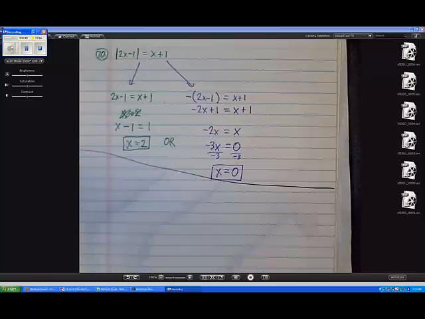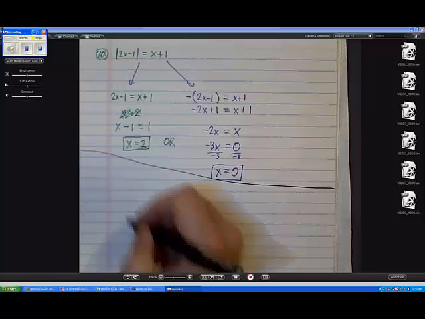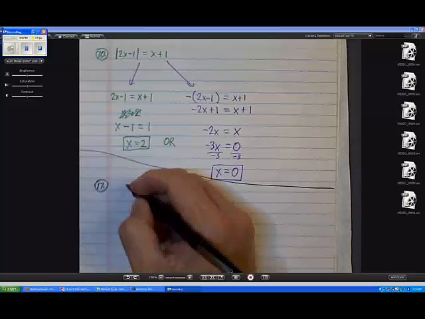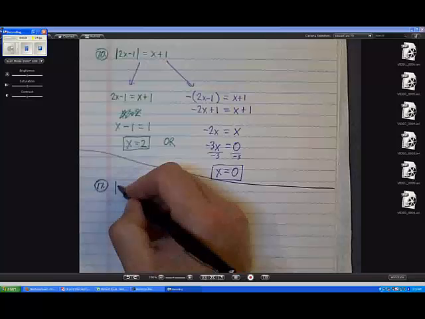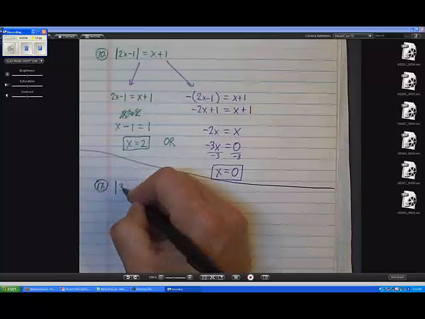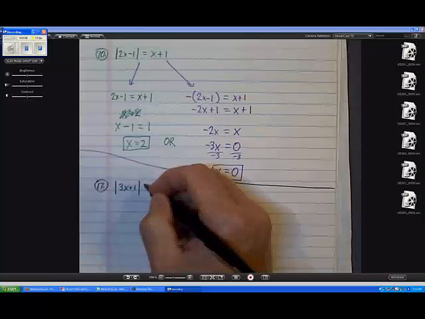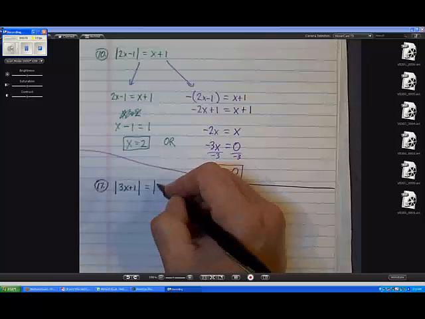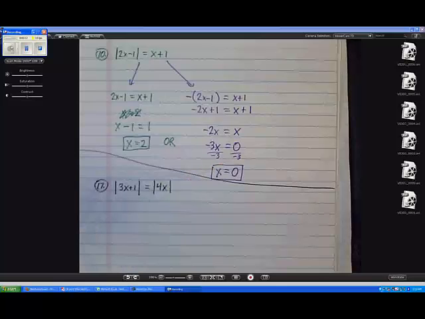We've also seen you can have no solution to an absolute value equation. I want to talk about something like number 17. Number 17 says absolute value of 3x plus 1 equals absolute value of 4x. Now, we have to take away the absolute value bars and split it into cases. We're going to have to, right? Do you guys see what I'm talking about? We're going to have like 4 different situations. But it turns out that,